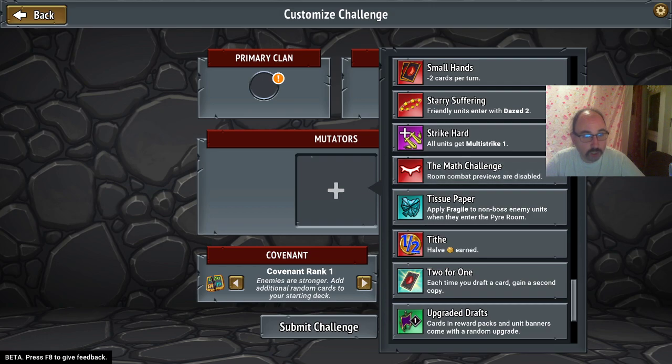Math challenge. Room combat previews are disabled. I guess that's a challenge for me, because I often calculate these things, but it can be quite difficult if some things are involved. I often start with the combat preview before calculating these things, so